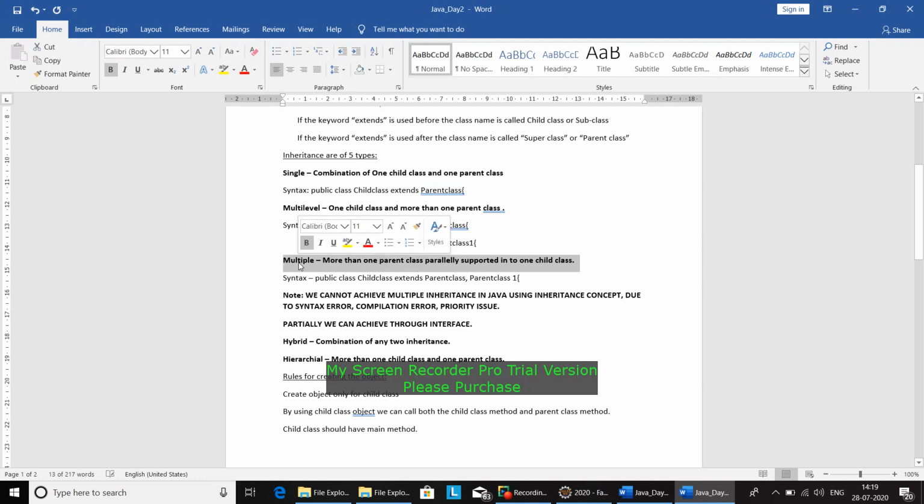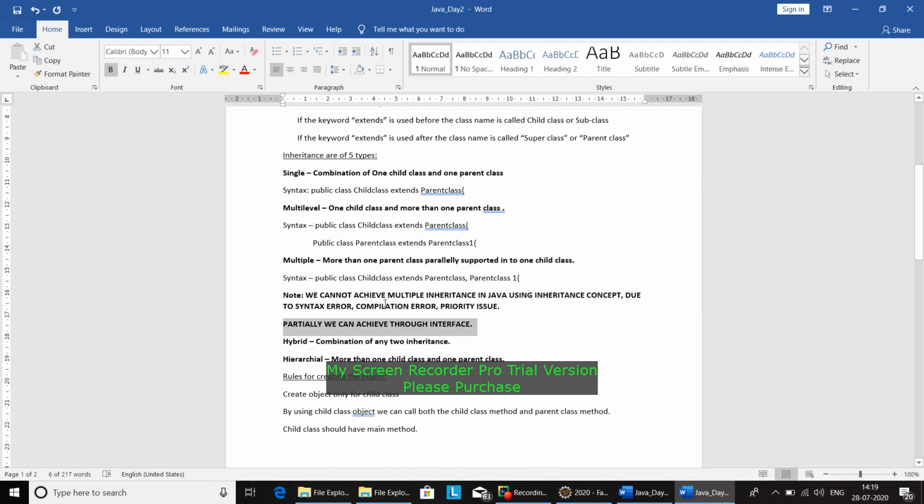Next, multiple inheritance. Multiple inheritance means more than one parent class supported in parallel into one child class. The syntax is public class ChildClass extends ParentClass1, and it can be extended like ParentClass1, ParentClass2, ParentClass3. However, this is not achievable in Java. Multiple inheritance can be achieved partially only by using interfaces, which we will see in a coming class.